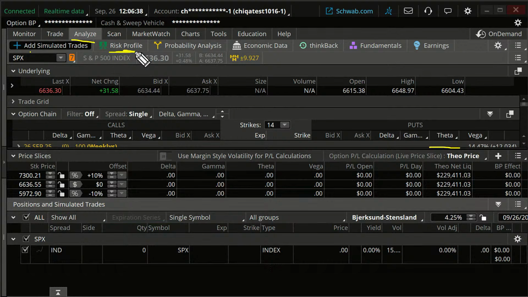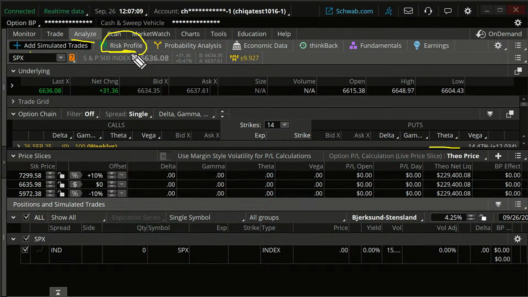Especially as you get to these complex multi-legged trades, it can be very helpful. It's not always obvious. I'm going to show you an example that came up last week that I ran out of time for and didn't get to. It was a more complex trade, and I wanted to take you here to this risk profile because it makes it easier. Today, I want to show you how to use it and talk to you about what it does.